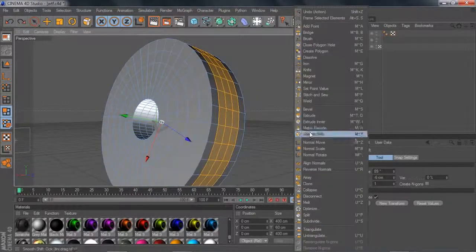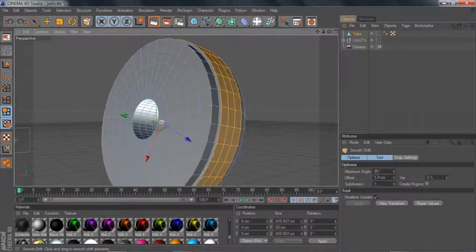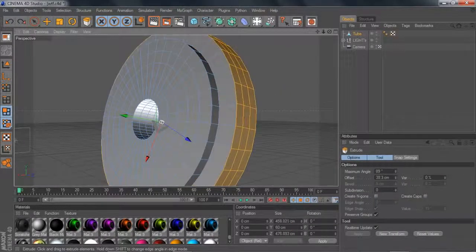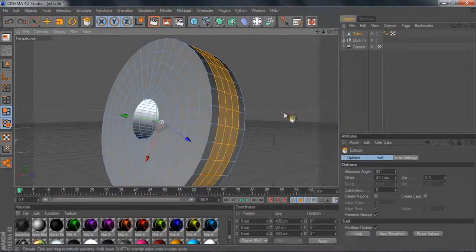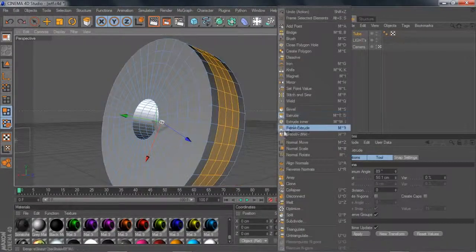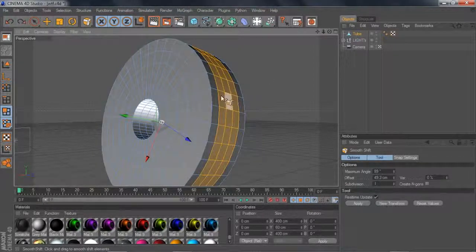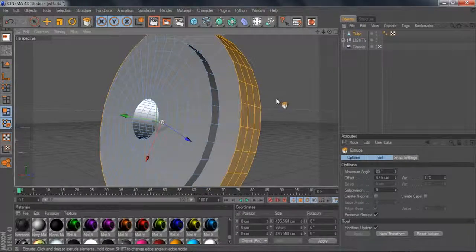And after that is smooth shift. After that, matrix tool, smooth shift. And smooth shift is basically exactly like extrude, but totally different. That sounds pretty weird to say, but as you can see, if I use the extrude tool, hold it out, and go back to smooth shift, hold it out, it's almost the exact same thing with only one selected. But if I were to do something like this,